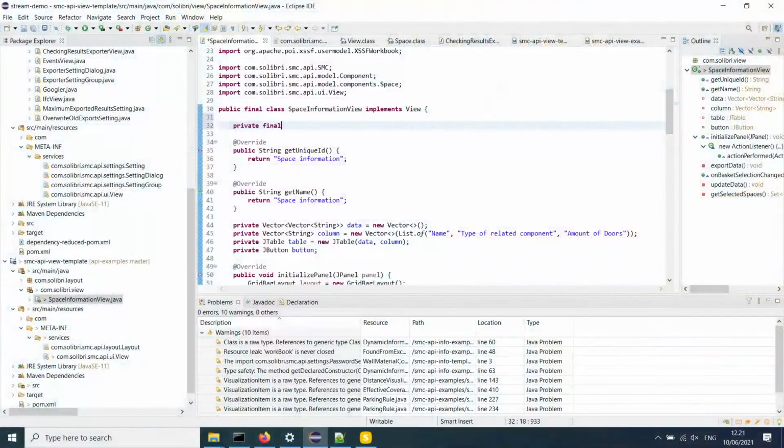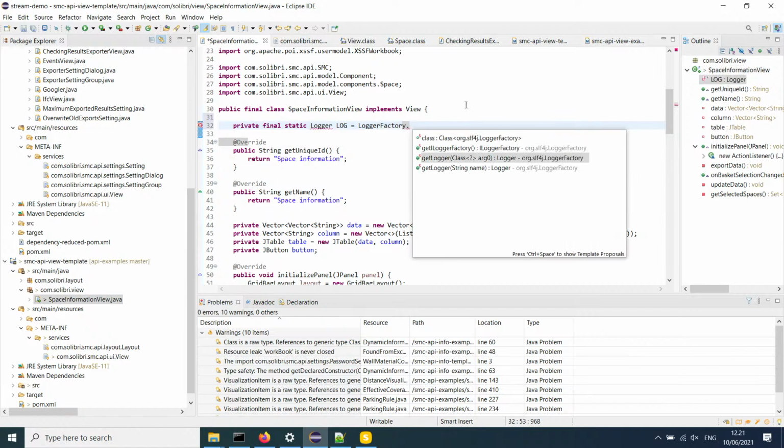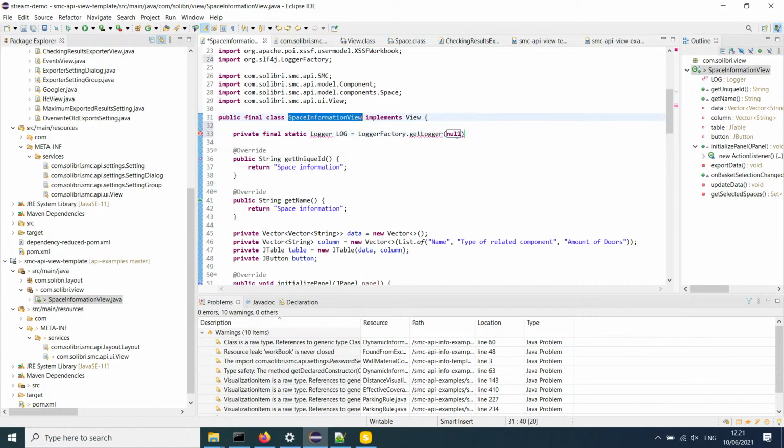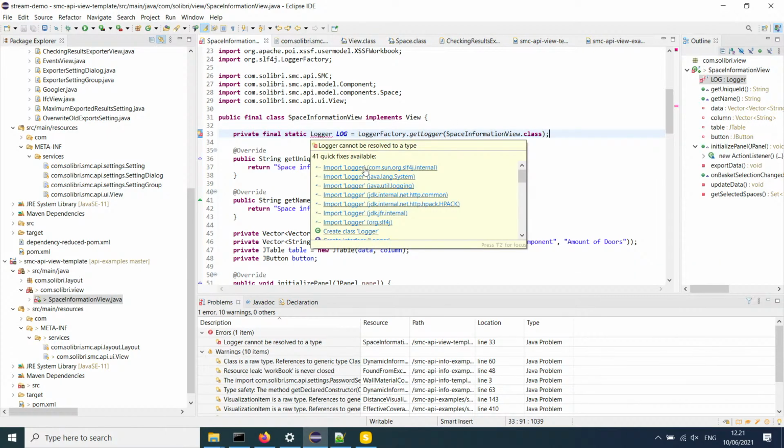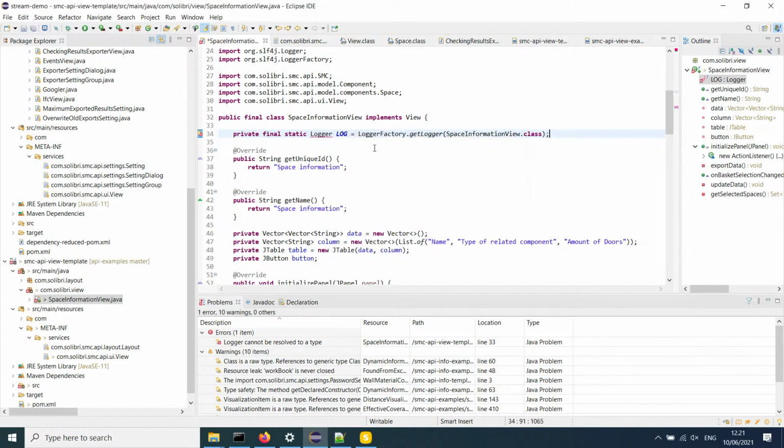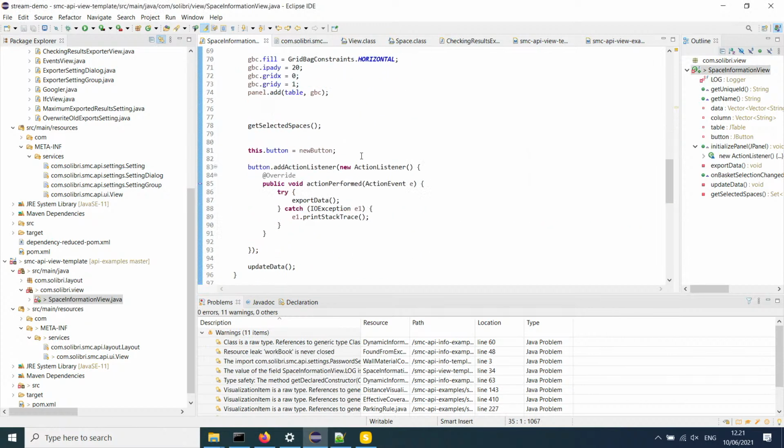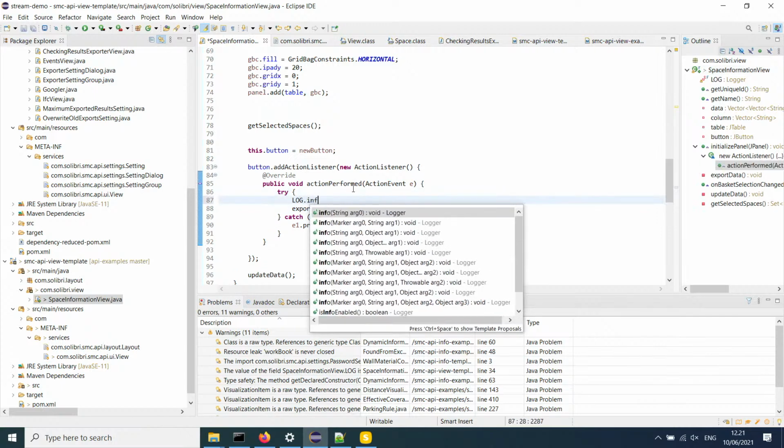Let's add a logger here, and that's from logger factory, and we can give it this class name. Yeah, so this should now be able to log things,